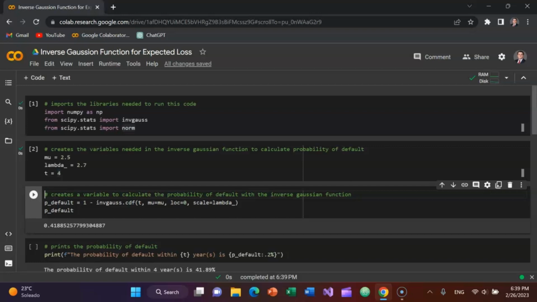And then the next line of code, I'm going to create a variable to calculate the probability of default, and we're going to use the inverse Gaussian function today. Traditional credit managers might look at the 5 C's of credit, so they'll look at cash flow, capacity, collateral, credit rating, and the character of the borrower. We're not doing that today. We're taking more of a quantitative approach to calculating expected loss,